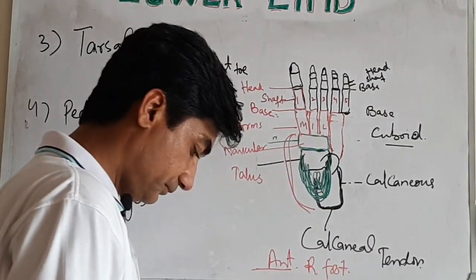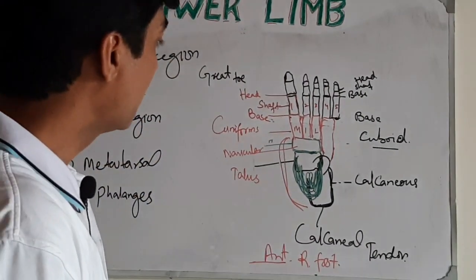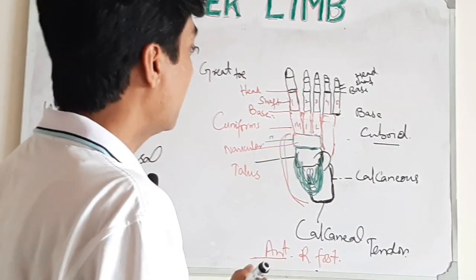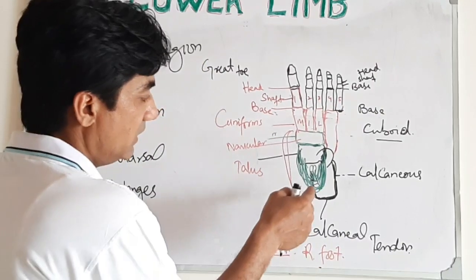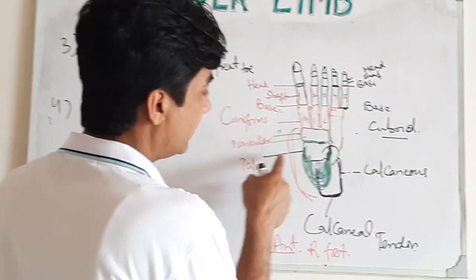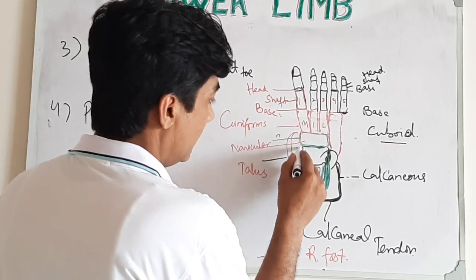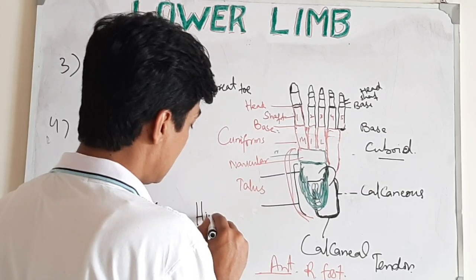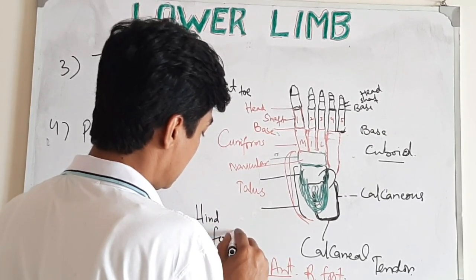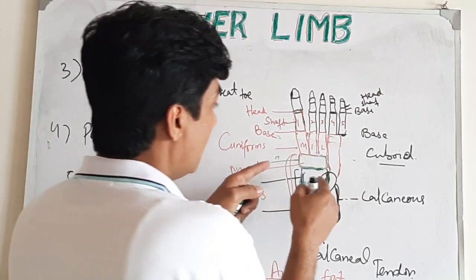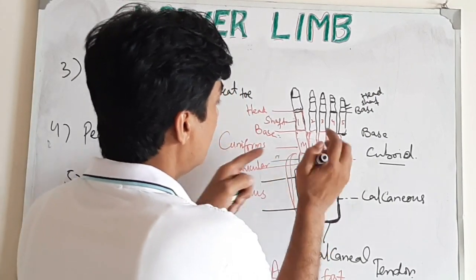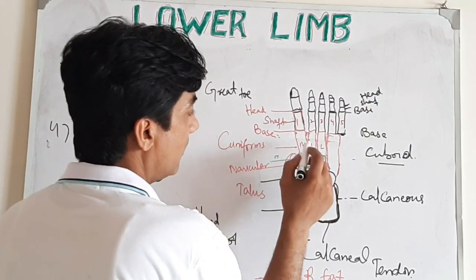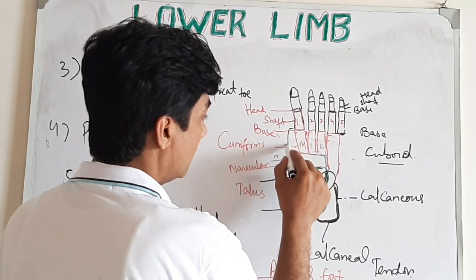But here is one important point. The foot region is divided into three parts. What are the three parts? These two bones, calcaneus and talus, are considered the hind foot, and from the cuboid to the navicular and cuneiform bones, from here to here,